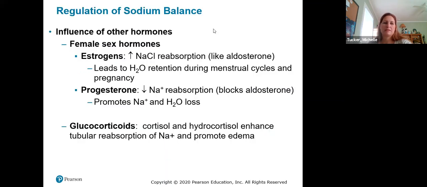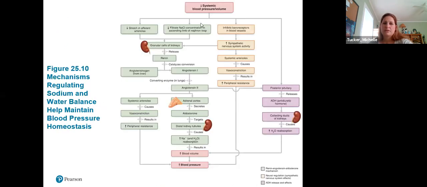I'm not really going to go into the influence of other hormones. Estrogens, they act kind of like aldosterone. Progesterone blocks aldosterone, and then glucocorticoids promote edema. So they're there. They're not going to be on the exam, and I'm not really going to take the time to go into them. So I like this graphic better than the previous slide because it goes again through